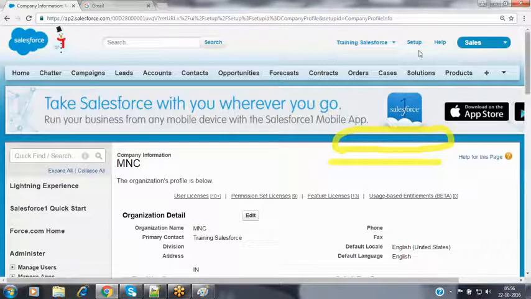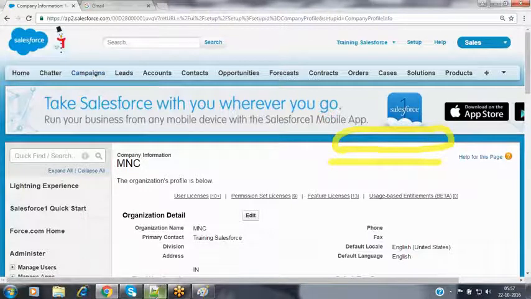Now, currently we are in the sales application. On that sales application, it is going to make many tabs visible to you. So these are the various tabs that are available. What exactly is a tab? A tab is nothing but a graphical user interface. It provides a user-friendly interface to you. Each and every tab provides graphical user interfaces in order to manage the records inside the associated object.